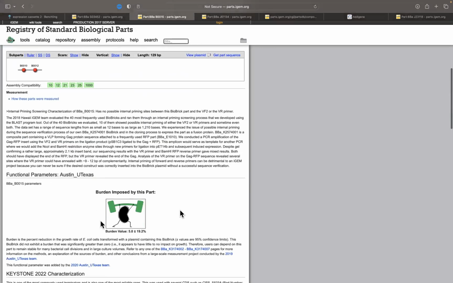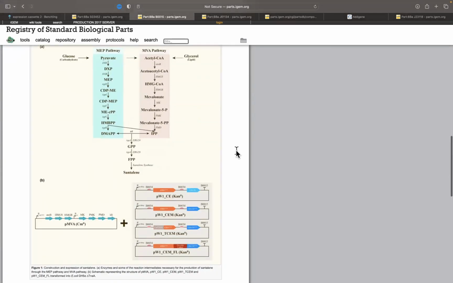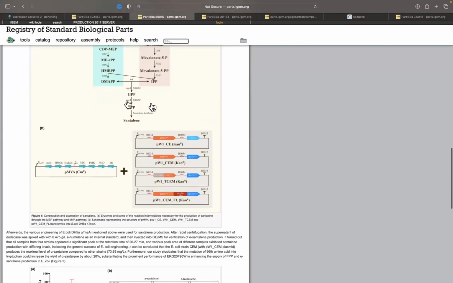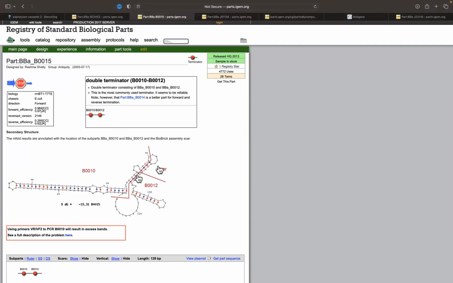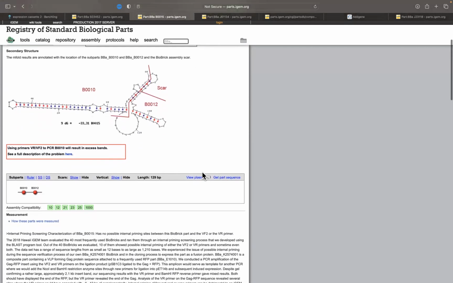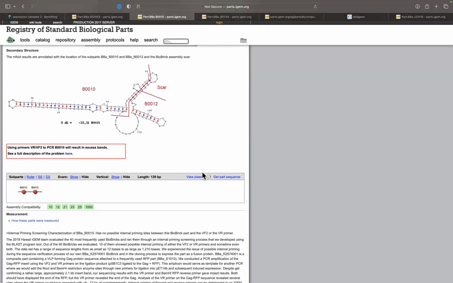We can read around and decide what to do with this one. The fact is that eventually having a double terminator is good, because more terminators in tandem are capable of increasing the termination efficiency, and therefore the efficiency by which the terminator is capable of terminating the transcription. I don't exactly know how that works in bacteria because I work with plants, but what